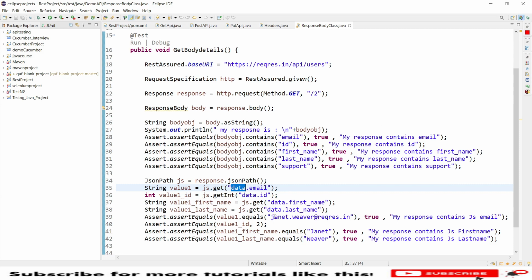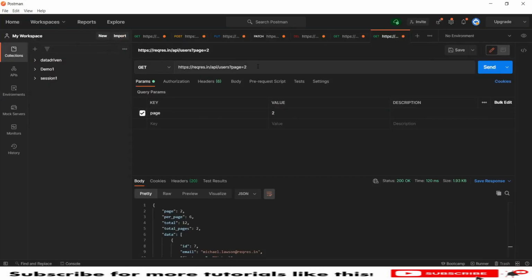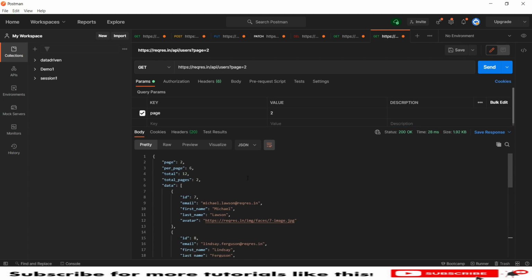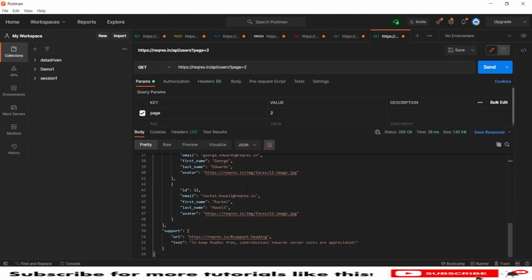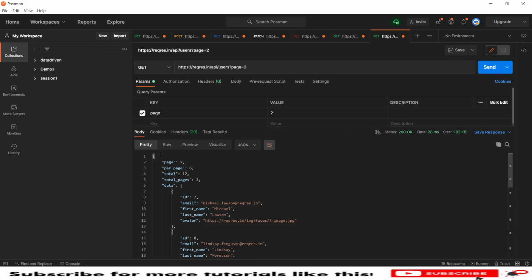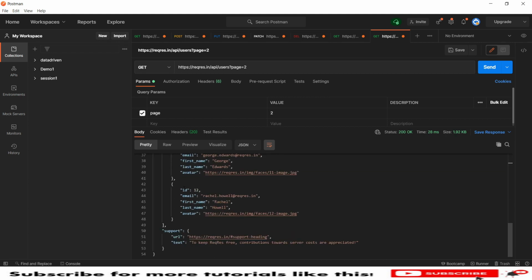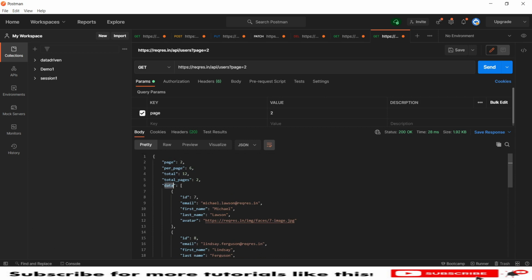So let me go to the Postman tool, and here we have one query which is a GET query. Let me hit this, and here I am getting a response in return. So in this response we have a lot of data. When we discuss the representation, this is called a root node. Under this root node we have these nodes in it. Each and every object here is a JSON element, and here we have a node. Under that node you have a few more elements under it. So we'll write JSON queries to retrieve this information from here.